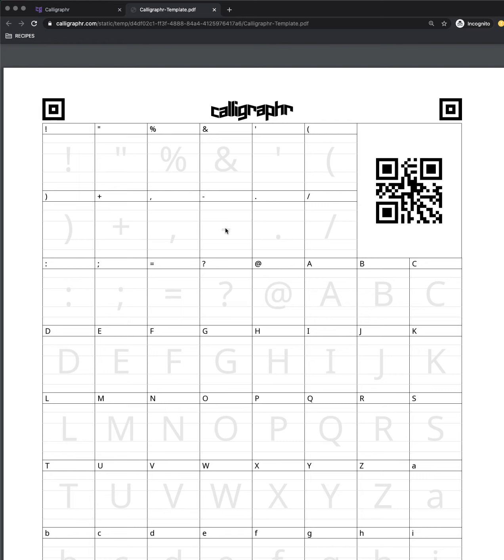Now, you can use these templates however you want. You can do what I did, and I hand wrote all of these characters directly on the paper. You can also take the PNG download and pull it into like Adobe Illustrator or Adobe Photoshop and create your fonts digitally through there and then upload them